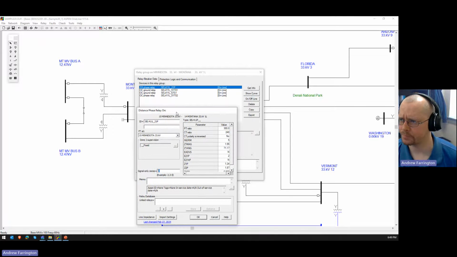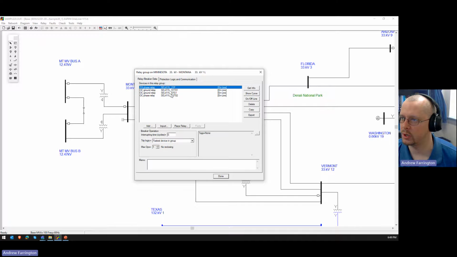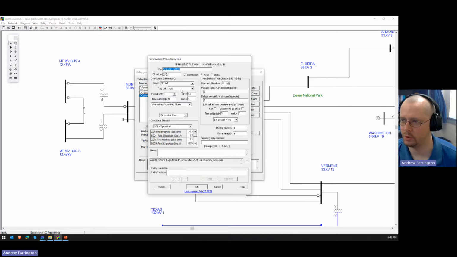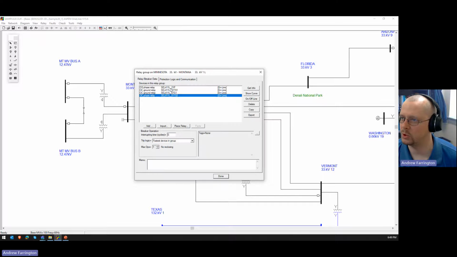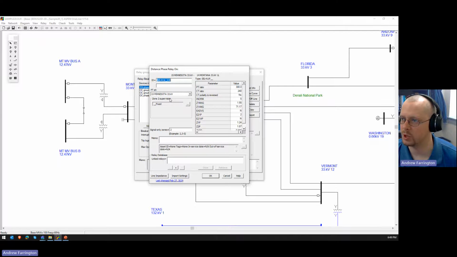This particular relay, the phase overcurrent element is actually part of the distance relay. So this is the phase overcurrent element. It imported, I'm sure it imported all of these settings correctly, but it's not set up the way that I would do it. I would use this zone 2 supervision option. So what this is when you model a, certain customers, certain clients, utilities, they have phase overcurrent elements that are torque controlled by a distance relay. And the idea behind that is